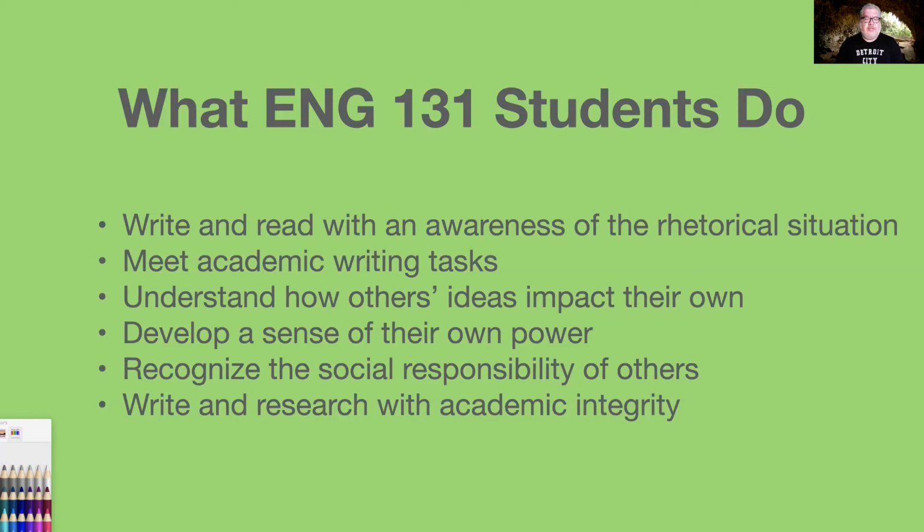English 131 students read and write with an awareness of the rhetorical situation. That is, they are aware of an audience, they're aware of different kinds of audiences, they're aware of context, and they're aware of what was required in different kinds of contexts. They're aware of themselves as an author and what authors do. And they also start to build a deeper sense of rhetoric when they start to understand how we persuade each other through our own ethos or pathos or logos appeals, or how those things play a role in what they read. You've done this. We've covered this material.